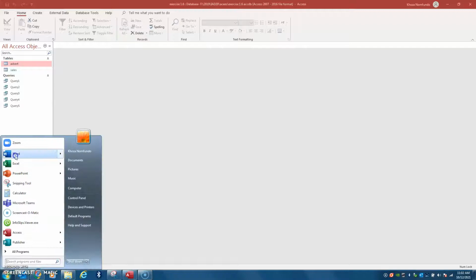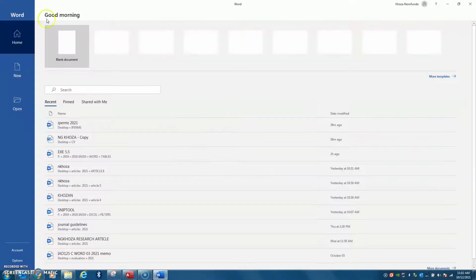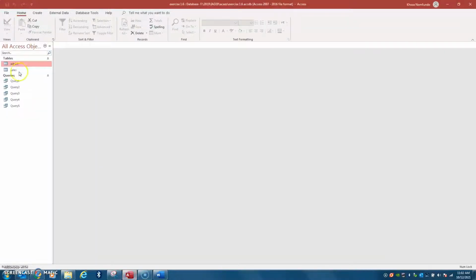Firstly, I'll need to open Microsoft Word, the blank document. With the blank document, you ensure that you insert your header and footer. Okay, so now I'm quickly going to start here with Access. So with query 1,